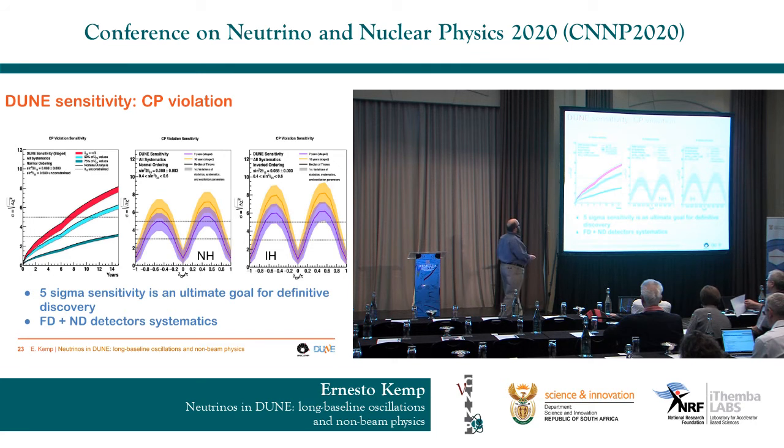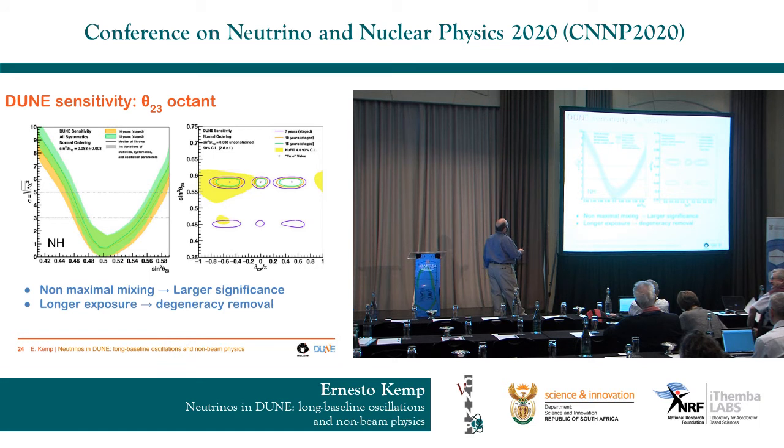So the same rationale applies here, but now it's for the measurements of the CP violation, where you can see here, for the most favorable case, we can reach something between 3 and 5 sigmas in 7 years of exposure. And here are the plots for all possible values in normal and inverted hierarchy of the delta CP violation. And we can reach a very good sensitivity of 3 to 5 sigmas in 7 years and enhance the sensitivity in 10 years of measurements.